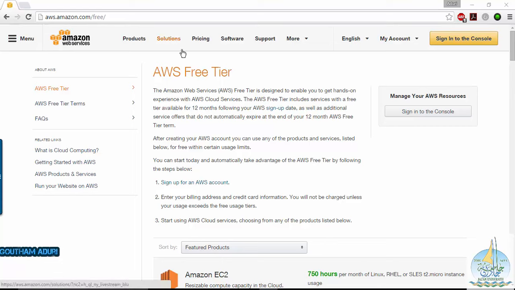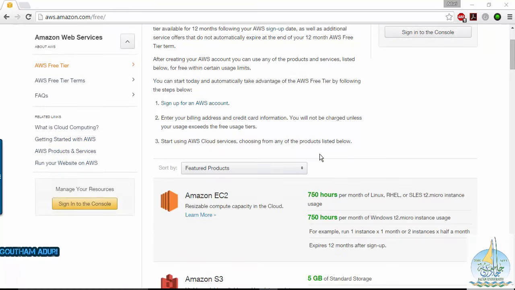The requirement to attend this course is that you just need to go to aws.amazon.com/free, and this is a free tier. Amazon gives you a free tier architecture for 1 year, so you can utilize the resources for up to 12 months. You just need to go to Amazon and sign up for an account, and once you sign up,